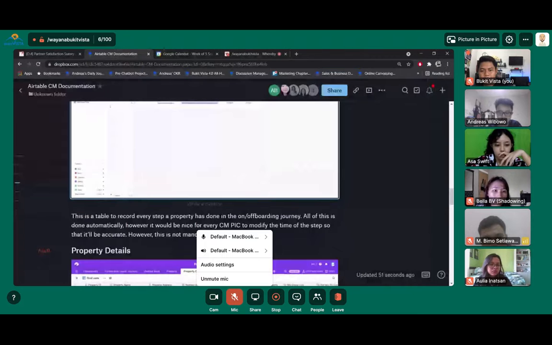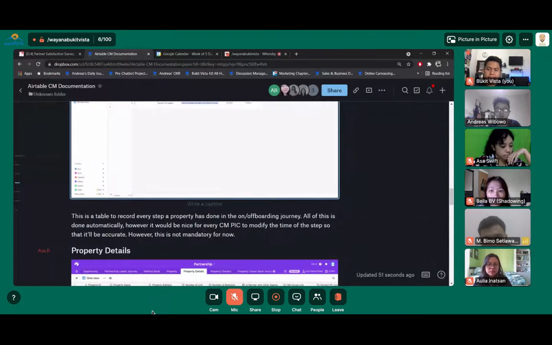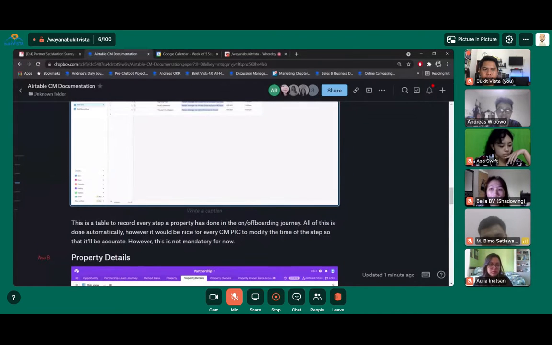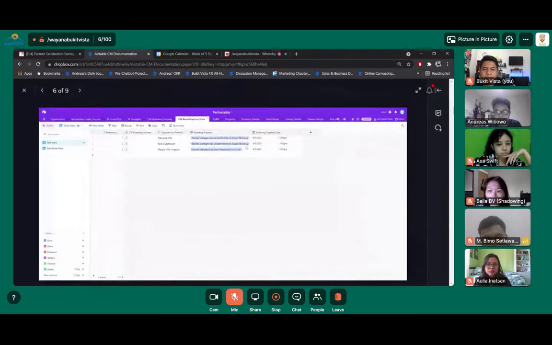Yes, yeah, and for the detail, this is the table to record every step that property has done in the on or offboarding journey. And all of this is done automatically. However, it will be nice for every CM PIC to modify the boarding progress date according to the real time, basically. So for example, if the Wanata Villa partner manager step doesn't have the right date, of course, it isn't.